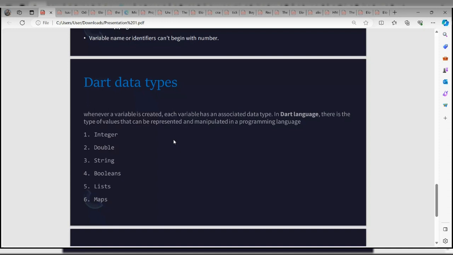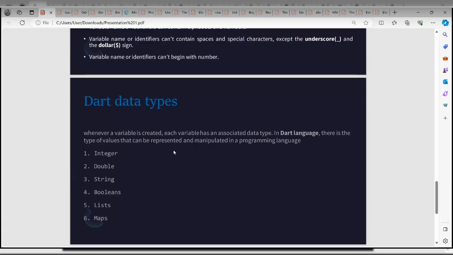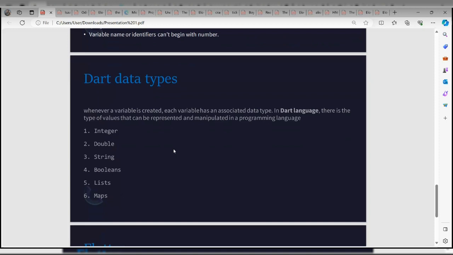So that's it. For data types, we have these few examples: integer, double, string, boolean, list, and map. I don't have examples here, but let me explain. Please, you have to listen very carefully. All right, so integers.